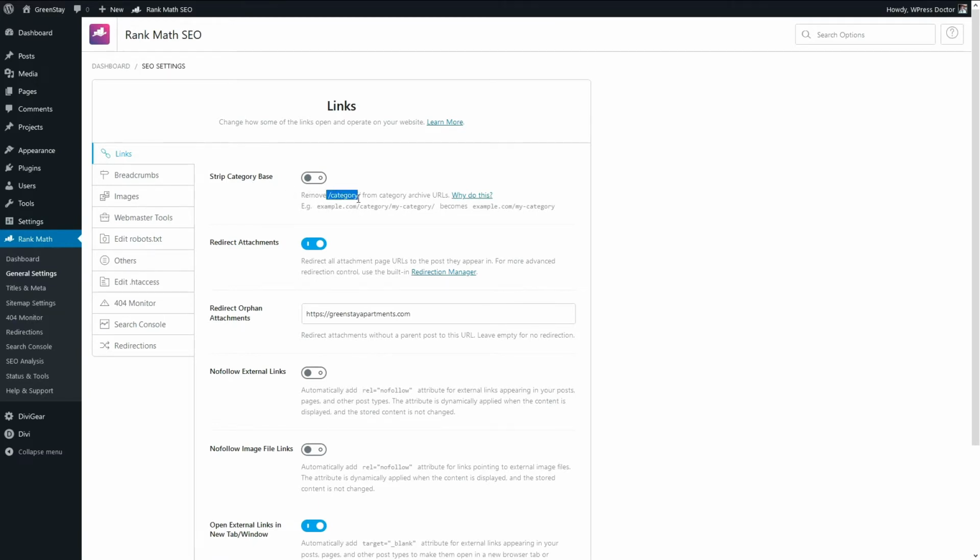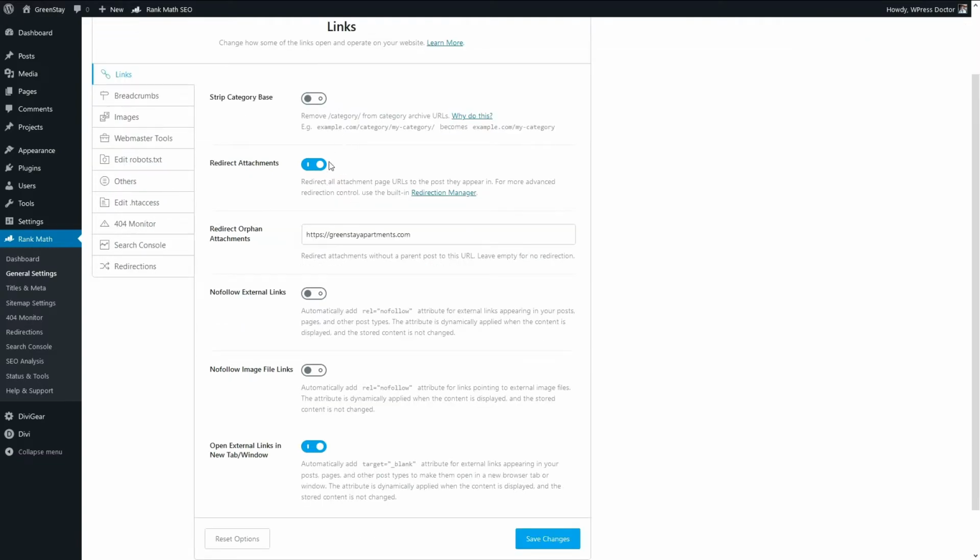If you do have all kinds of categories, this little text category is just not that fancy and it doesn't help you with SEO, so you can just turn it on and then this category will be removed from your URLs. We don't use categories on this website, so I can just leave it off. Redirect all attachment to the page URLs. This is very important to leave on, because WordPress tends to create different pages per media file you have uploaded, and that is not good for SEO because it will create all kinds of different pages. Just go to images. No, you don't want that. You want the images to go to the page that it has been uploaded to, so leave this on.